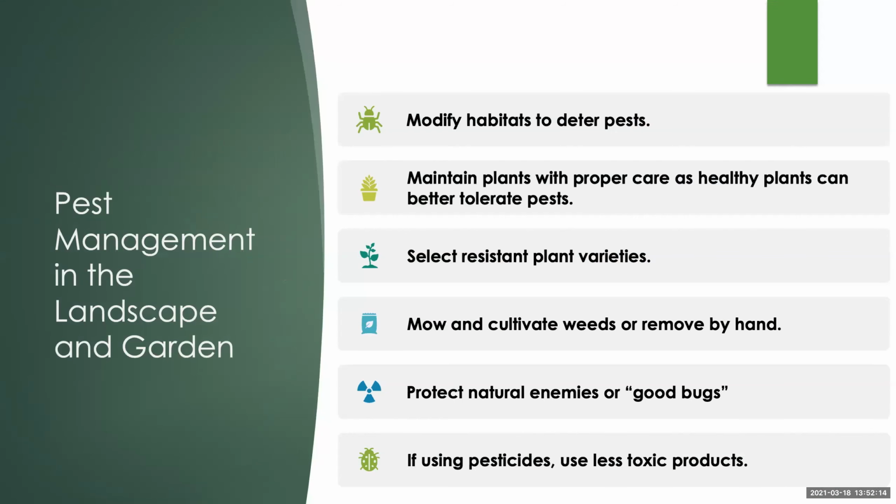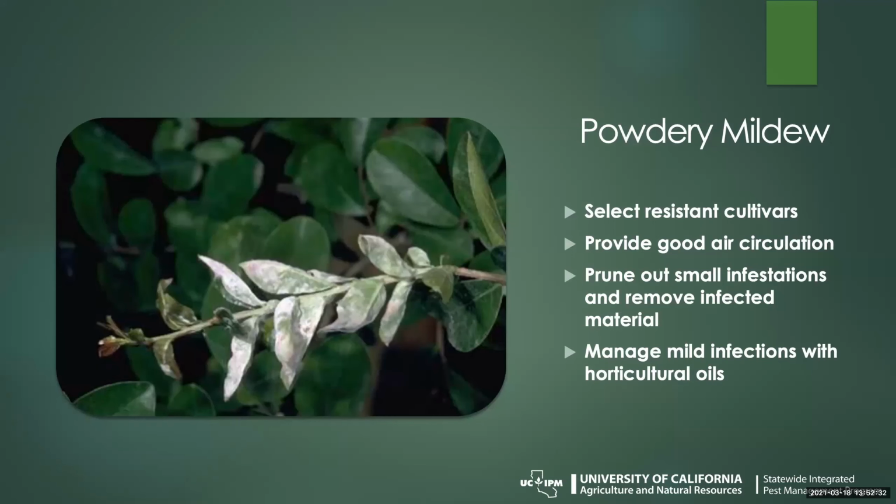In the landscape, we want to again modify the habitat and care for the plants, and cultural controls like mowing and cultivating weeds, using the good bugs, and maybe not using pesticide. It all depends. And so we have several examples that I'll quickly burn through here, just to talk about the